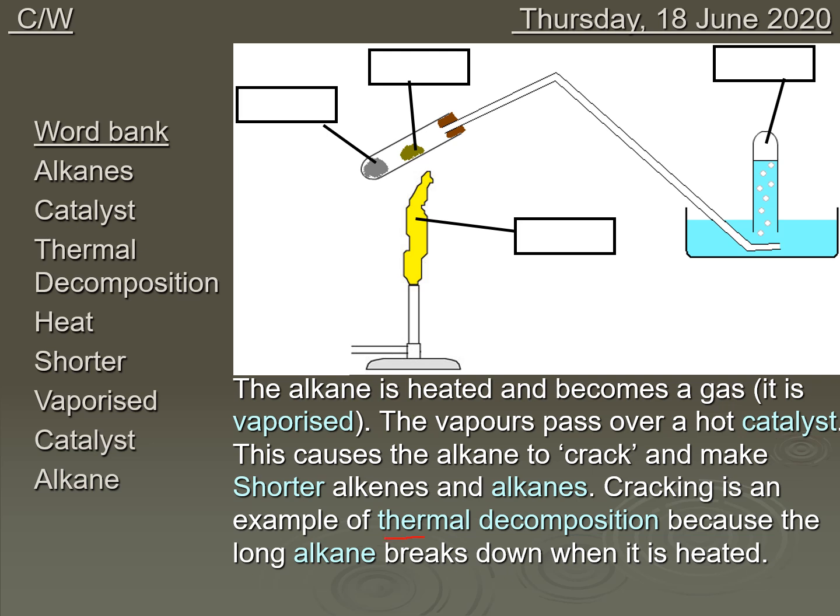So that's one of the key examples. You do get asked in Unit 1 papers, or in the first paper quite a lot, to give examples of certain practicals or certain reactions, and thermal decomposition is mentioned in the energetics topic. And when they ask for examples of thermal decomposition, one of the examples you can give is cracking. And often they'll ask, in cracking, what kind of chemical reaction is this? And what they're looking for is thermal decomposition.